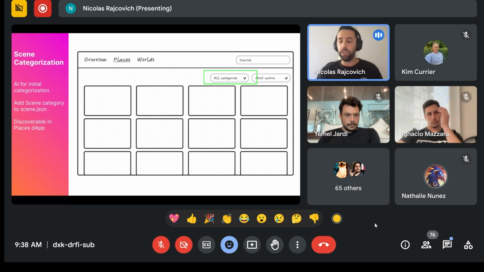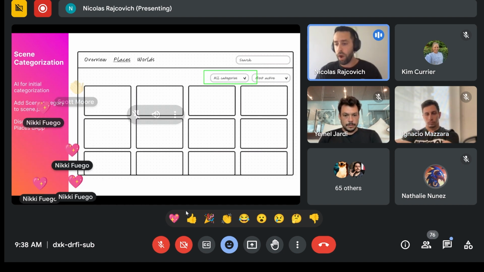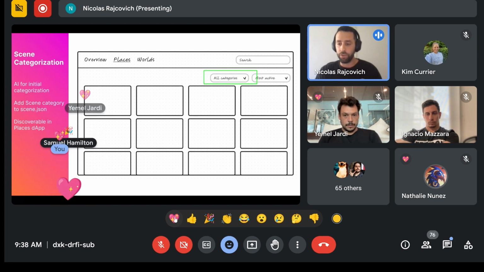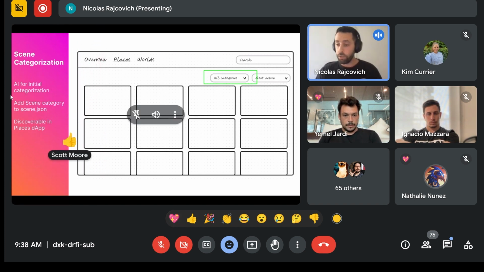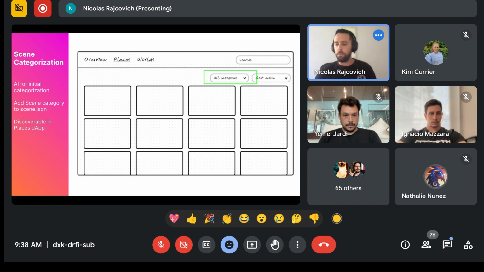Then all the creators that have a scene already deployed can update the scene JSON with another parameter. So you can add the category and choose the one that you think is the best fit for your scene. If you are creating a new scene, you can also include this information when you're deploying it, so it will appear in the right category, and this will make it easier for other users and players to find content that suits their likes.